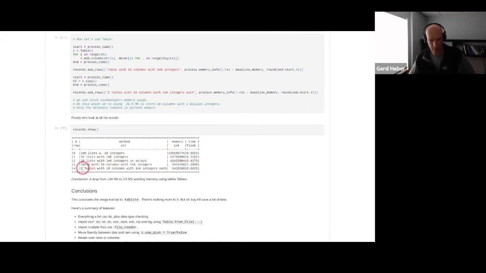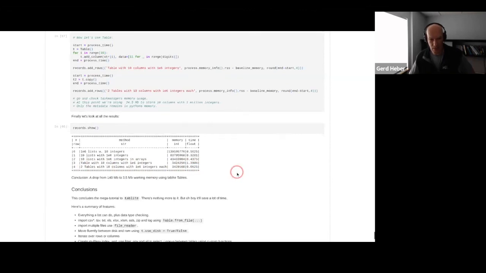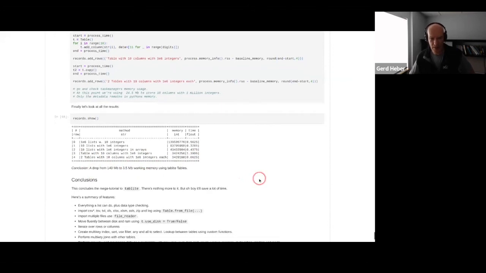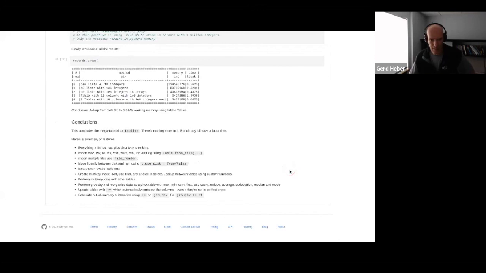But if you take 2 tables with 10 columns with 1,000,000 integers each, all of a sudden that gets a lot faster. And so he says, in conclusion, it dropped from 100 megabytes to 3.5 megabytes by using Tablite tables. So it was just a great thing.